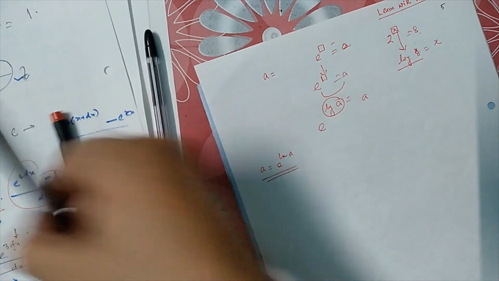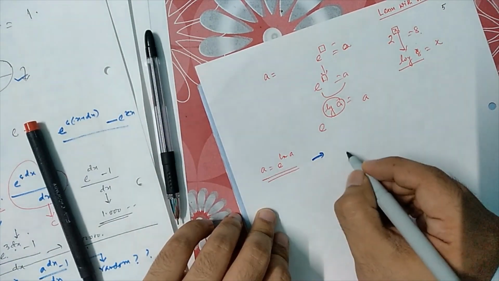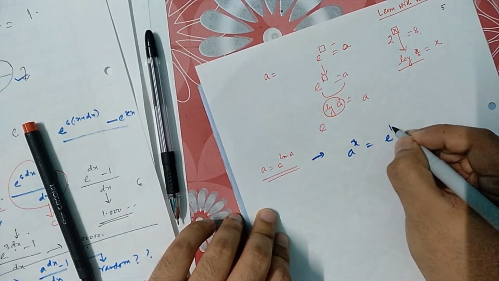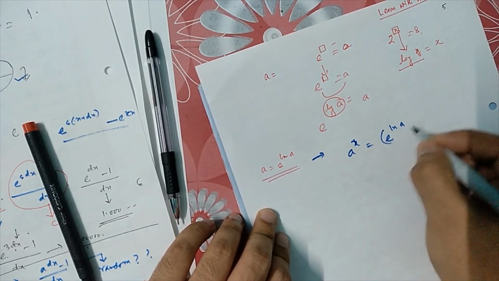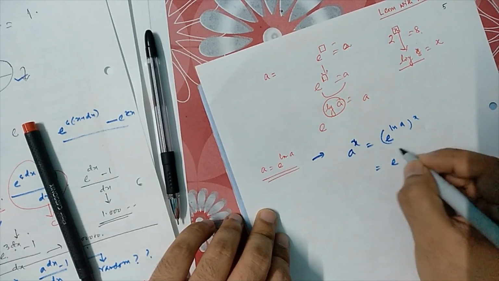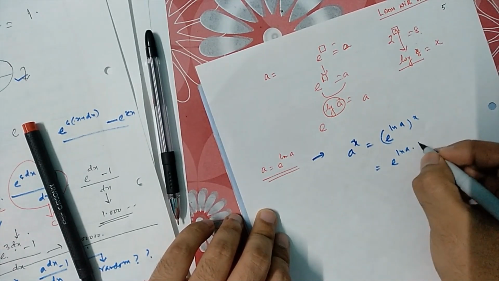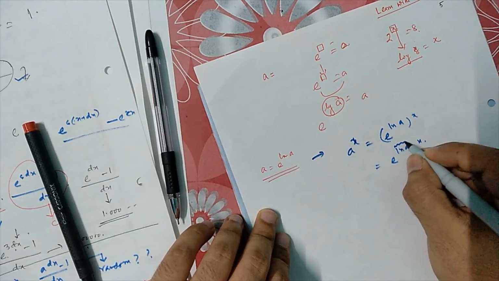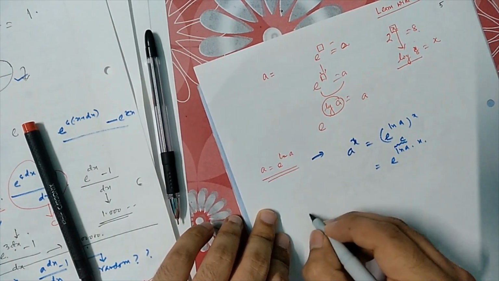So from here, a to the power x means what? e to the power ln a to the power x. That means e to the power ln a into x. So this part is constant c. Suppose this is c. So what will be